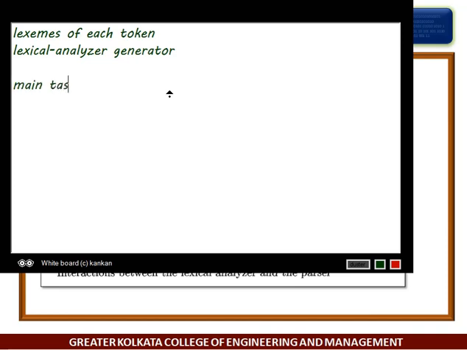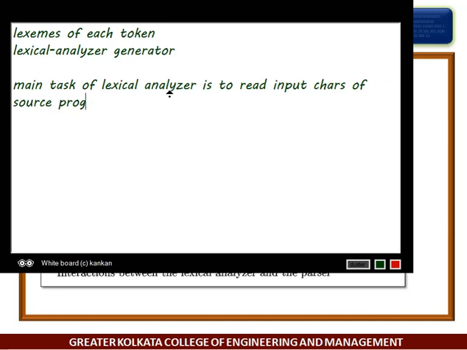The main task of the lexical analyzer is to read the input characters of the source program and group them into lexemes.